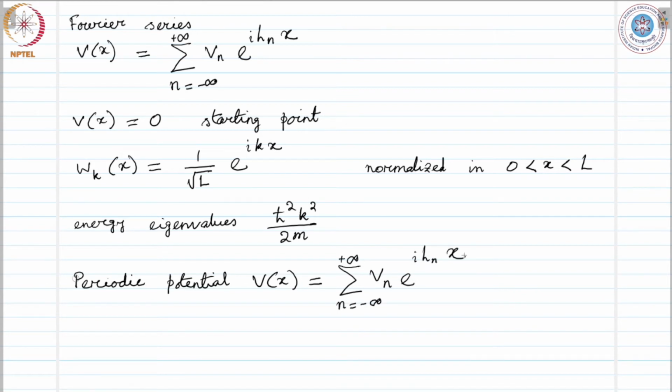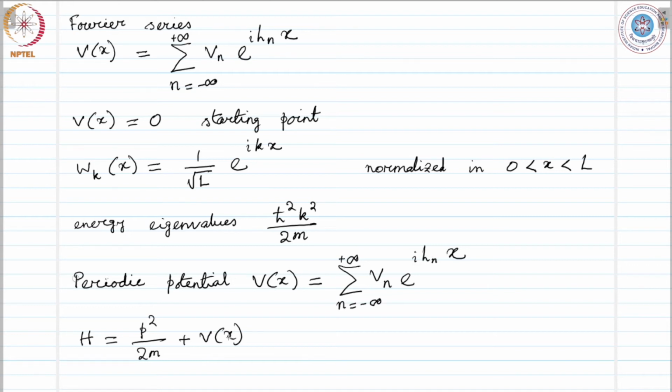We have, let us say, this kind of periodic potential at hand. And now, if we consider the Hamiltonian operator as H equals p squared over twice m plus V(x), if we apply this operator to the plane wave,